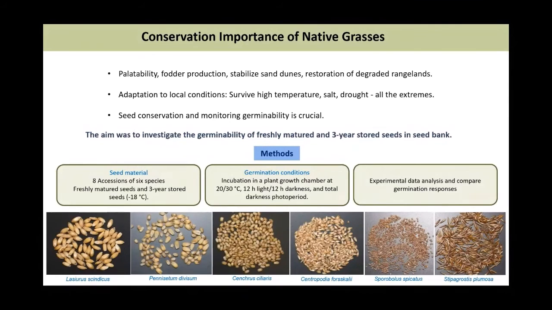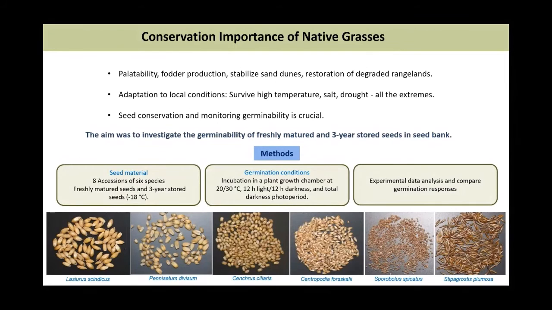The aim of this study was to investigate the germinability of freshly matured and 3-year stored seeds in seed bank. 8 accessions of freshly collected seeds and 3-year stored seeds of 6 grasses were used in this study. Germination tests were performed using standard seed germination protocol for testing in the seed banks. In all cases, seeds were germinated in a plant growth chamber with 12-hour light, 12-hour dark photoperiod, and continuous darkness